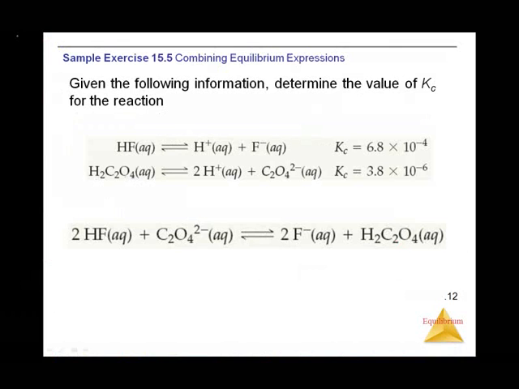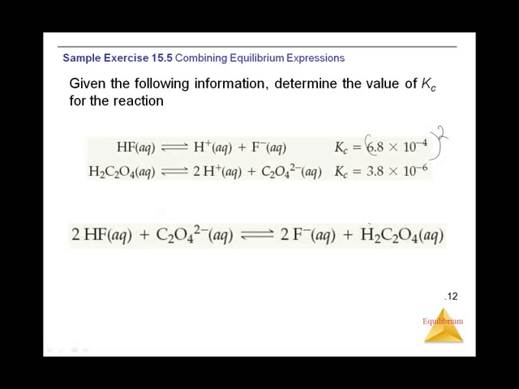Given the following information, determine the value of Kc for this equation. Okay, so we have these equilibrium constants, and we want to find the equilibrium constant for this equation. Okay, so 2HF, it looks like it might be double of this. Let's just make sure I got 2 H's and 2 F's. So what I'm going to need to do is take this, and doubling means I have to square this, right? And here I have H2C2O4 going to 2H+. So the H2 is here. Looks like this is just the reverse,